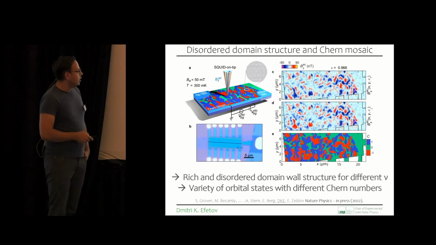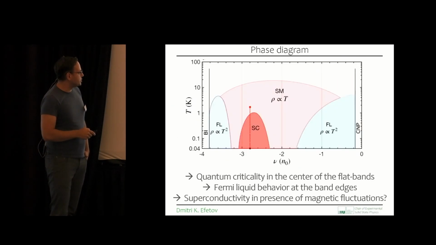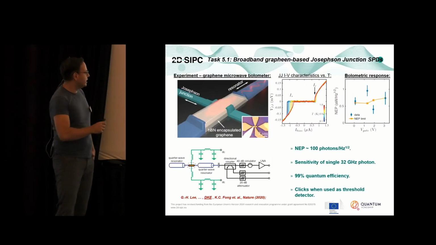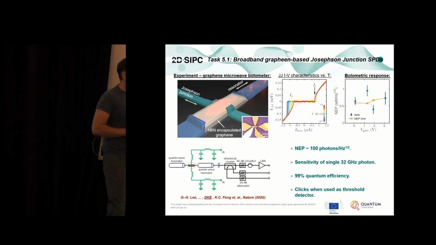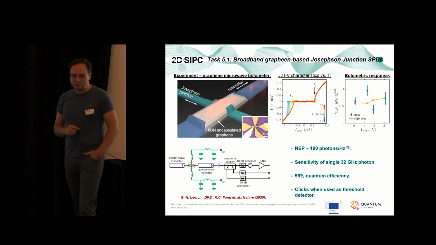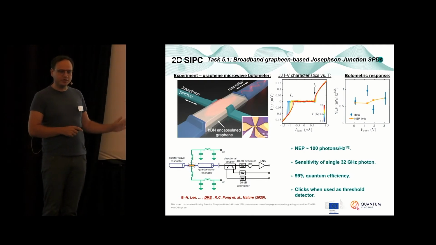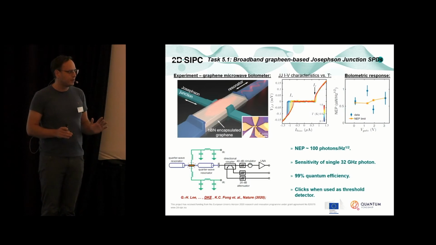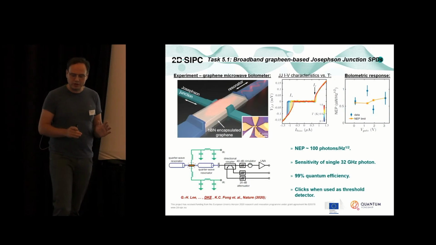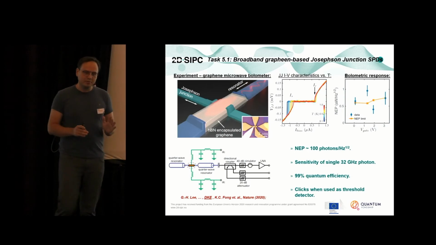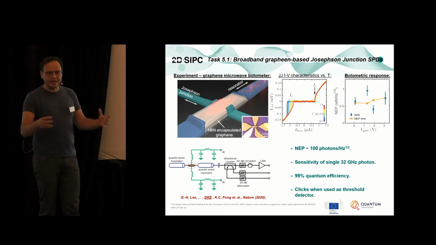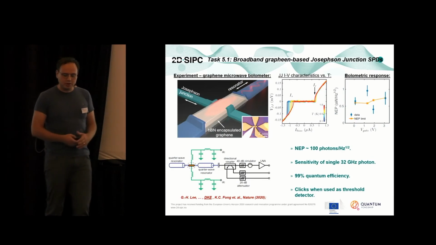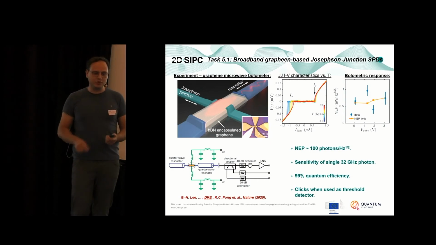Okay, so for the sake of time, I'll skip the strange metal. This will take a little bit more time to explain, I think. But what I also want to say is that, of course, we have a lot of fun playing with this physics here. For me, I had to basically relearn all my condensed matter physics when we started this topic, because it covers almost any aspect of modern condensed matter physics, from topology, magnetism, superconductivity, and so on. But of course, we also were thinking along the lines of doing something useful with these materials.